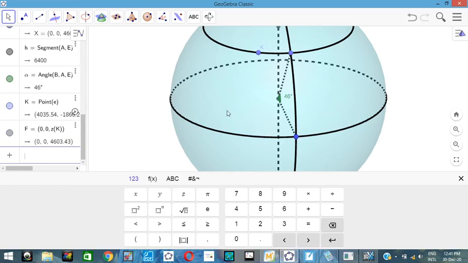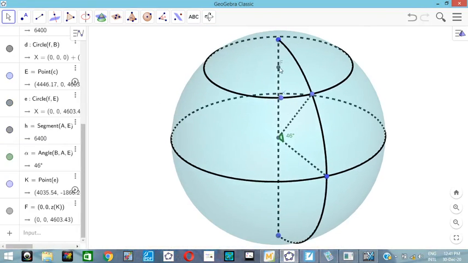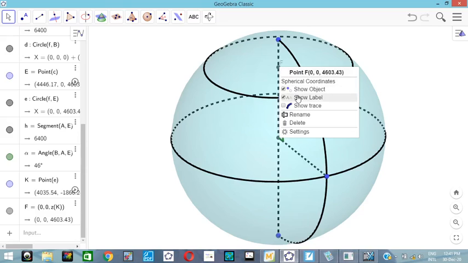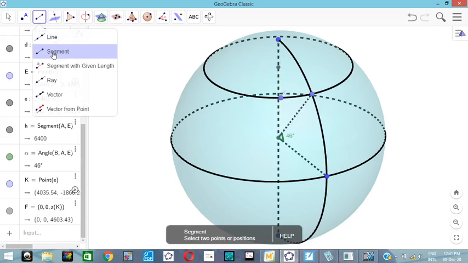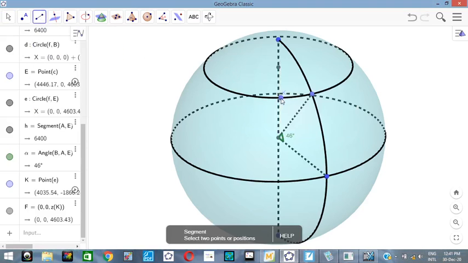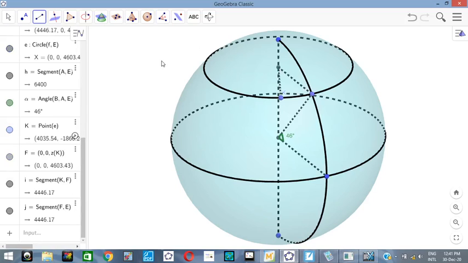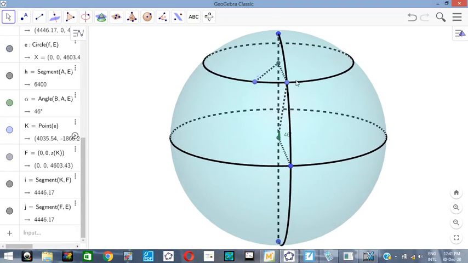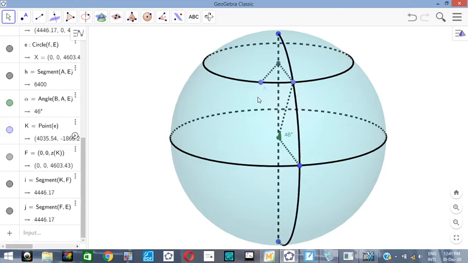Yes, so I've gotten the point. You can see it here labeled as F, but let me take it out. I don't need the name, don't need the label. So from here down to here, then from here down to here. So that is that. So you can see it clearly. So this is the point K. Now all I need to do now,